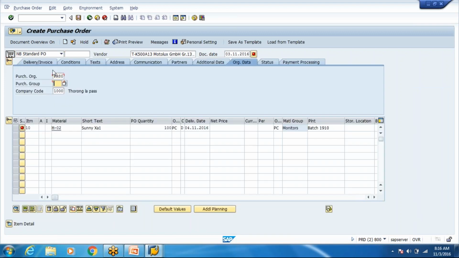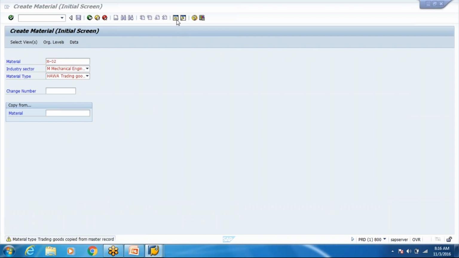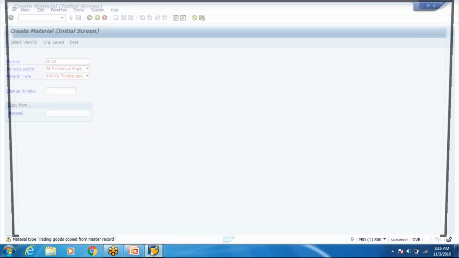TR80. The reason is that it is slash OSPR, not considering this as a valid material. Let me quickly check one config.